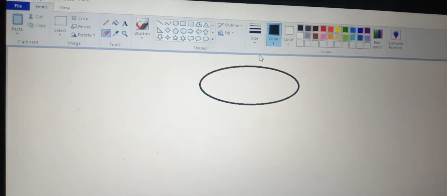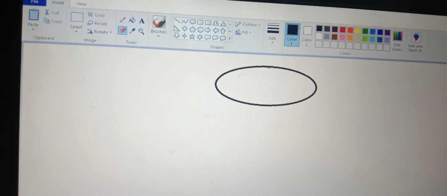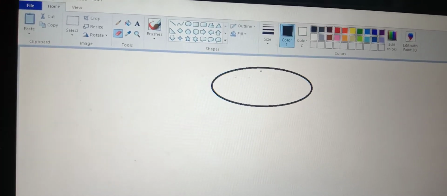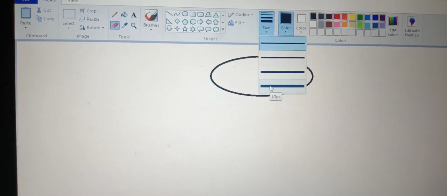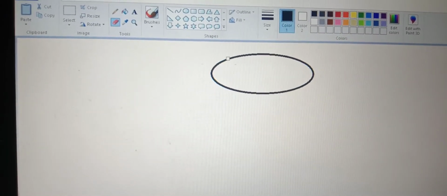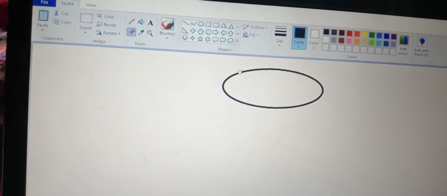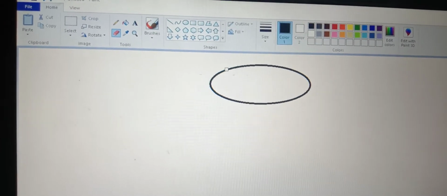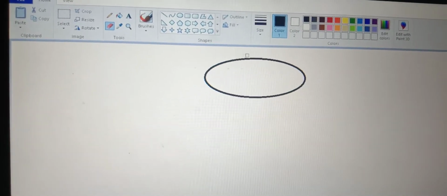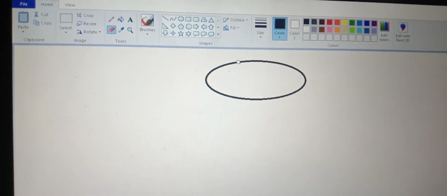If you press Ctrl plus, the size of your eraser will increase. If you want to decrease the size of the eraser, press Control plus minus. So to erase your picture, place the cursor, that is the eraser tool, on the part of the image.